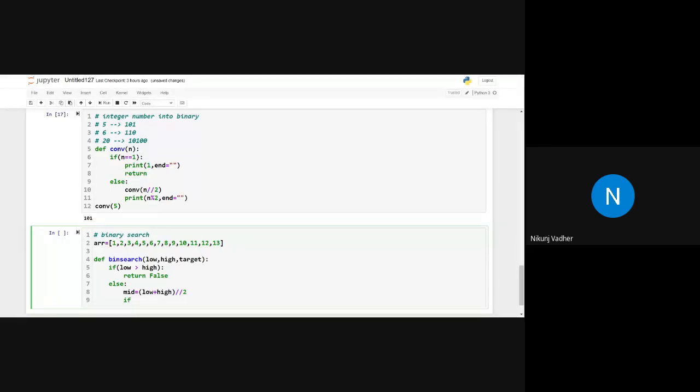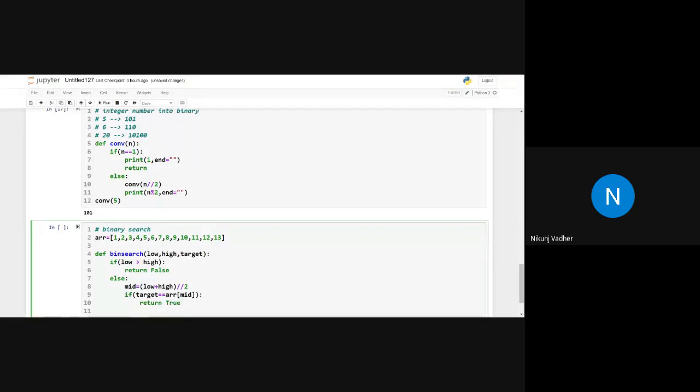Then we will check if target double equals array of mid. If target double equals array of mid, then return true.